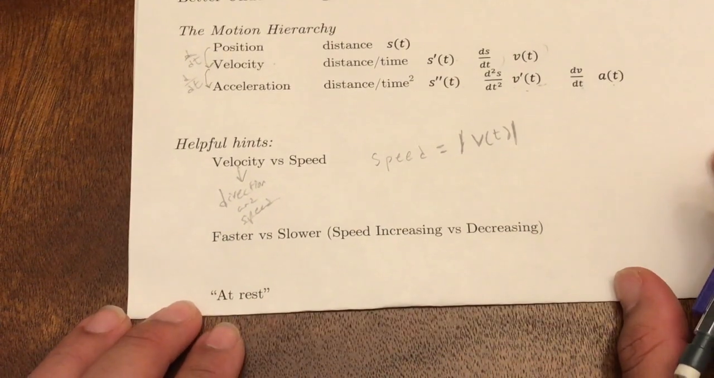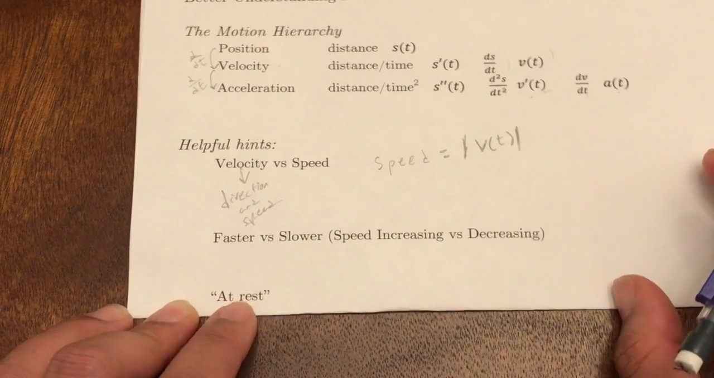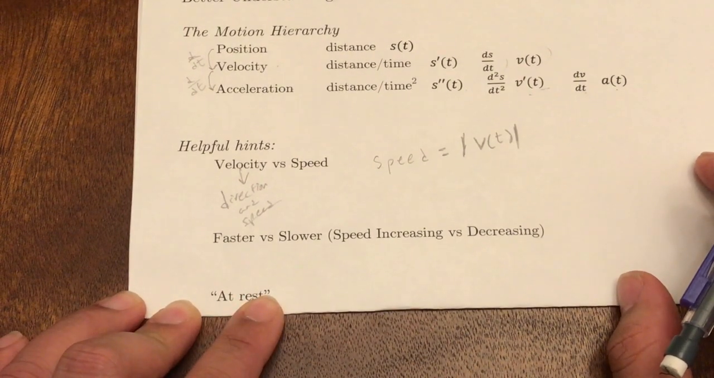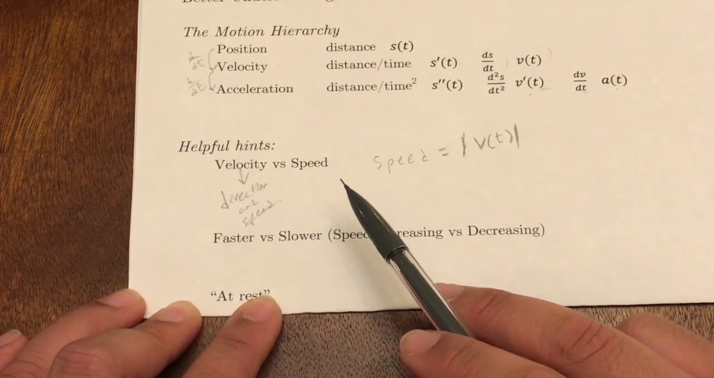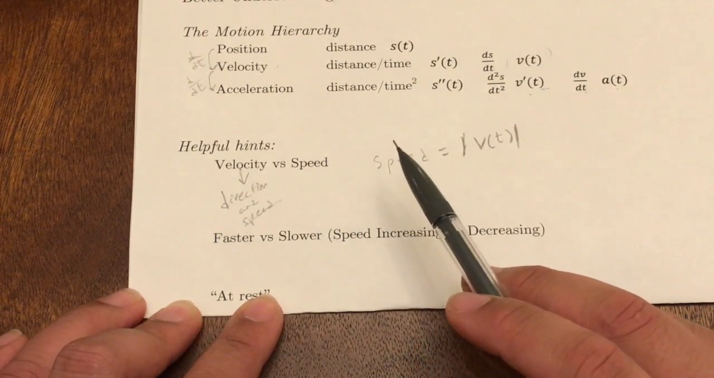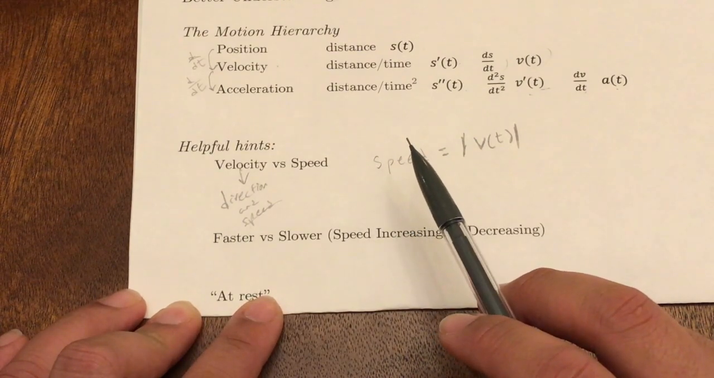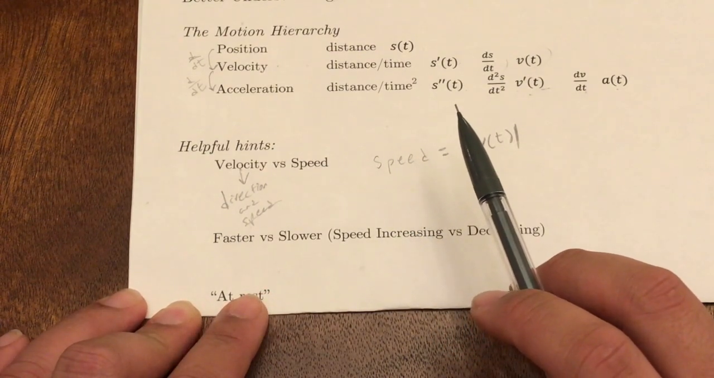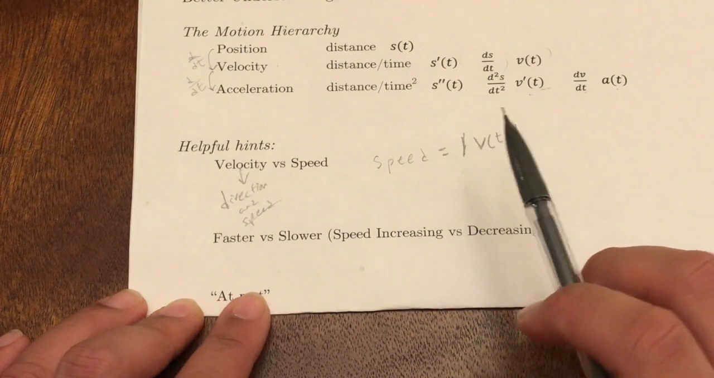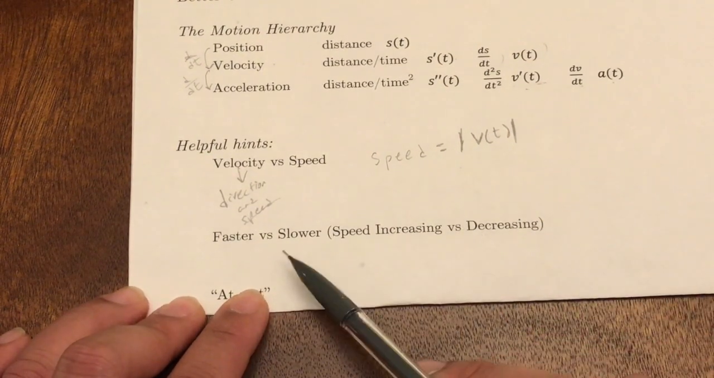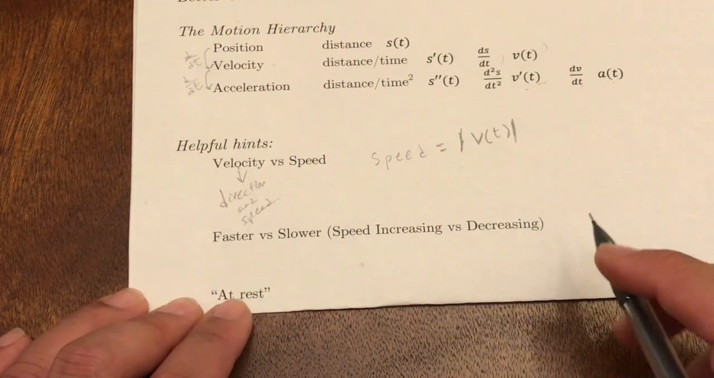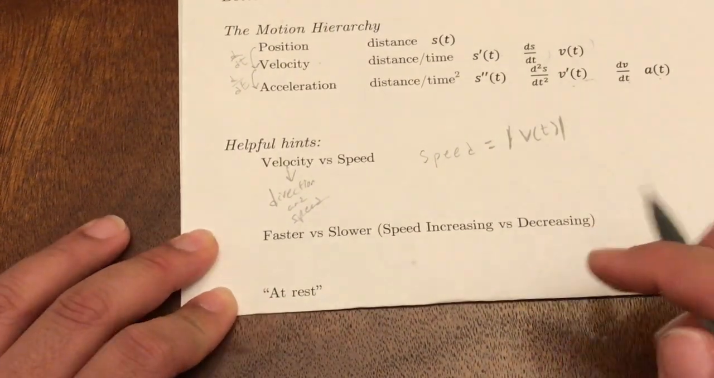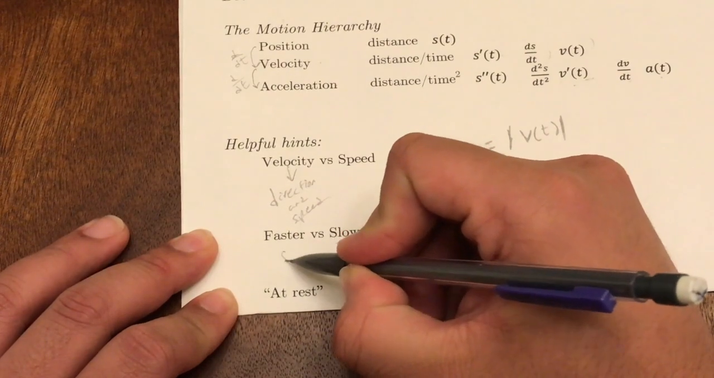This next part is a little bit harder to wrap your head around in general, although the following graphical example we'll see hopefully will help you. And that's to figure out if an object is moving faster or slower at a given time. Because just because the velocity is negative doesn't necessarily mean it's slowing down, it could very well mean it's speeding up. So another way to ask this question, faster versus slower, is: is the speed increasing or is it decreasing at a given time? A quick and easy way to figure this out is if speed